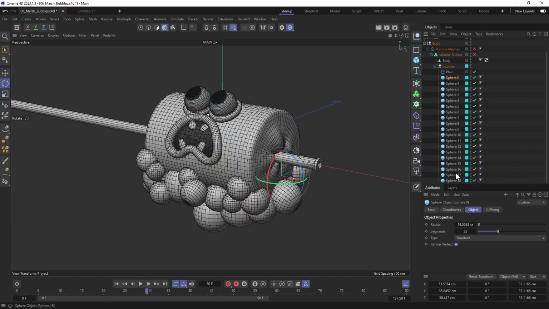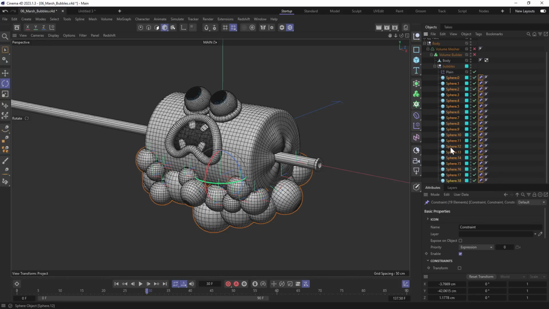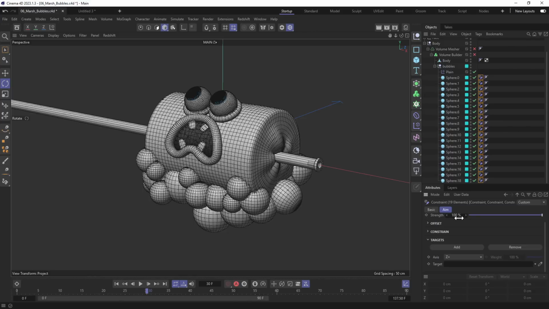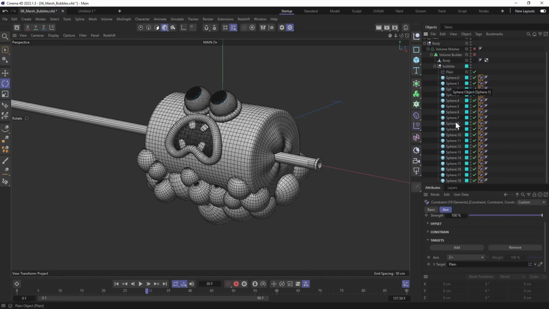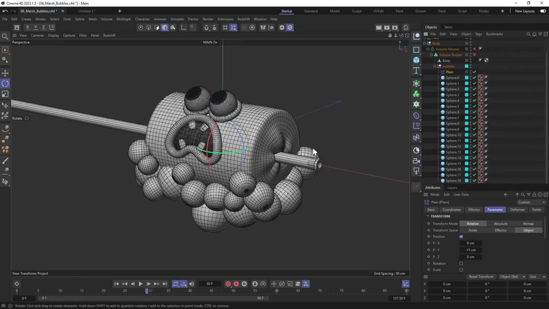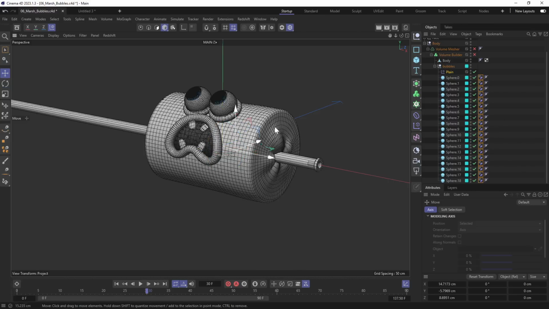Let me show you. Just select all the spheres, then go to Tags and create Constraint tag. Make sure that all tags are selected. Then scroll down here and switch constraint type to aim. We can use plane effector as a target. Just click here and select plane effector. We want to point the Y-axis towards the center of the body, so select Y+. Now if you select the plane effector and adjust the Y position, you can see that the spheres move towards or away from the plane effector.